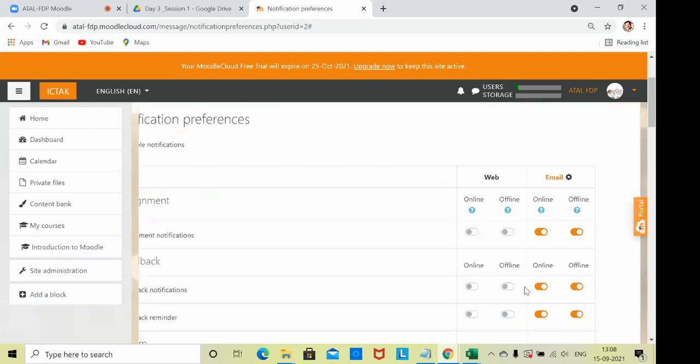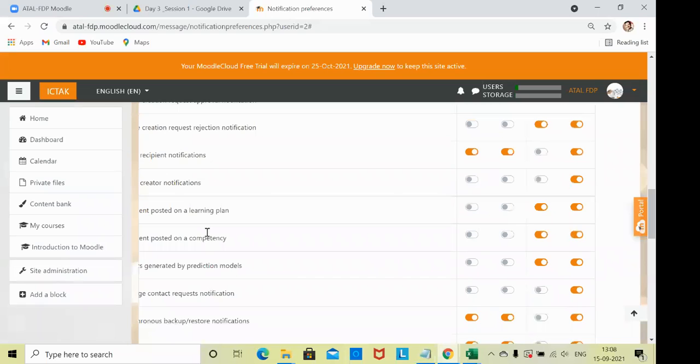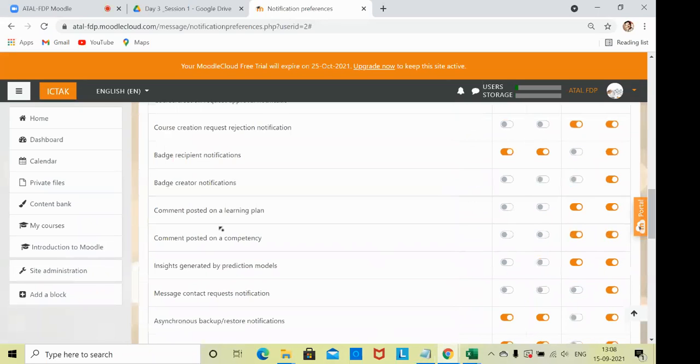If it is web offline, or if they are accessing the web and you wanted to send a message, we can enable that. If you are in the learning management system and wanted to provide the details, that can be provided.